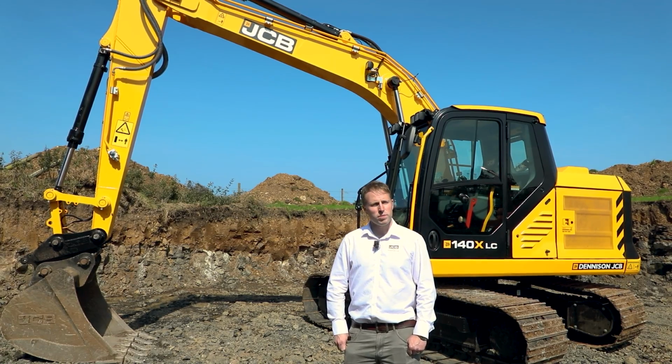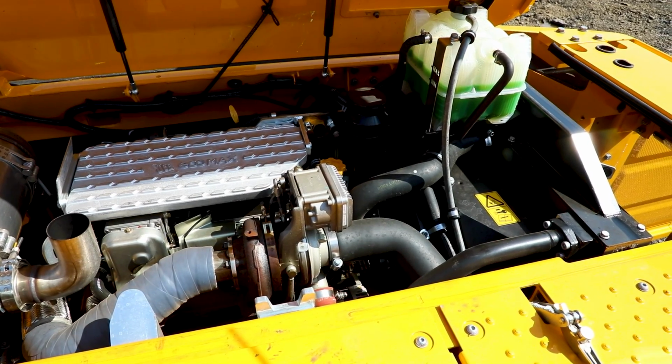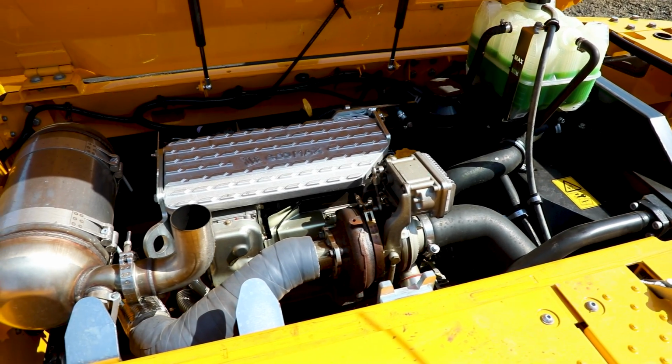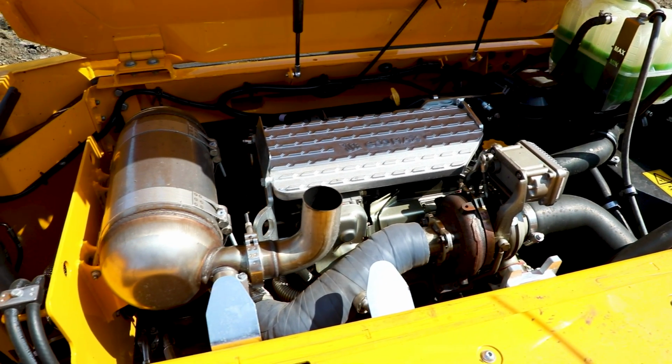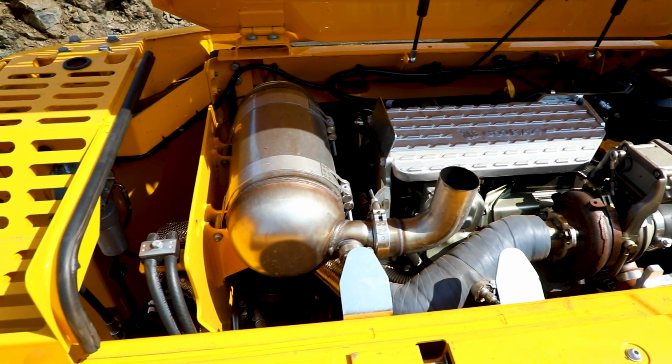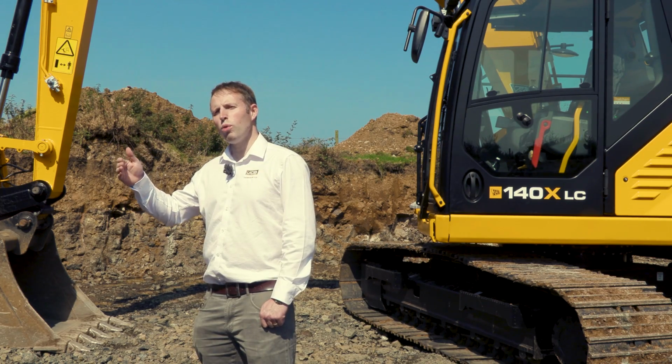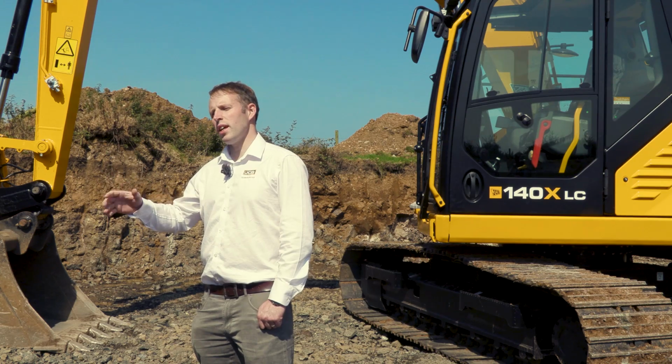And it's JCB's own engine. Yes, and that's something that's very important to get out there. So JCB, it is for us. In the days gone by, different engines would have been used at different times through the JCB digger range. The one reason that some people would go for the smaller engine machine is the fact that it doesn't